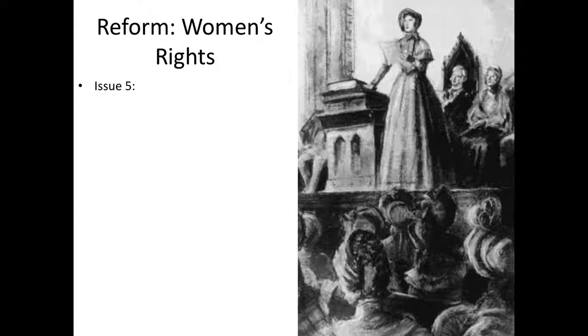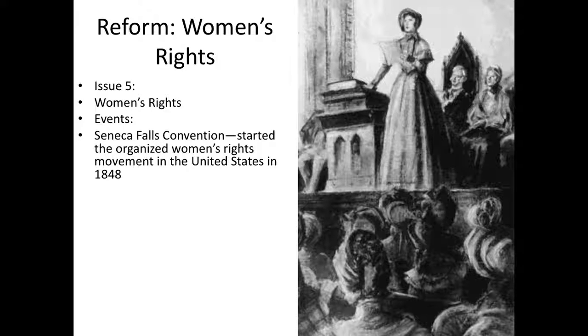Okay, so this also happens in the burned over district, by the way, which I talked about, and it's in Western New York. I talked about that in the last lecture. Let's talk about women's rights. So there will be a major event that happens in 1848, towards the end of the Jacksonian period, as we start to transition into another period that's sometimes known as the era of expansion. But again, this does relate to the era of the common man because basically women are going to say, we want to vote too. So in 1848, you're going to have a major event known as the Seneca Falls Convention.